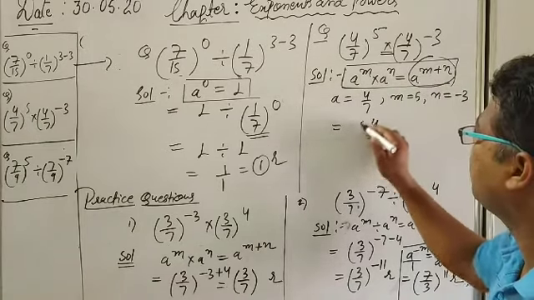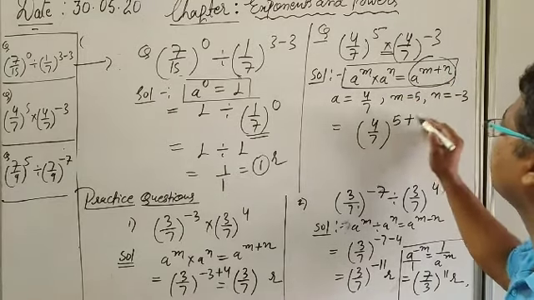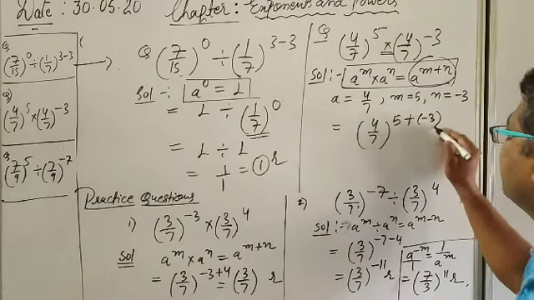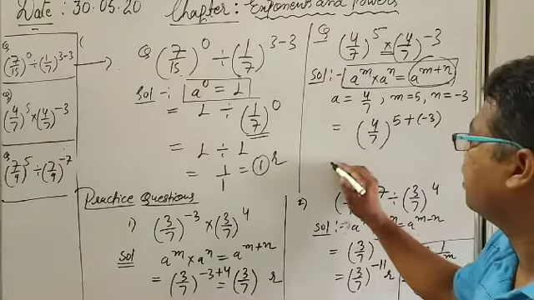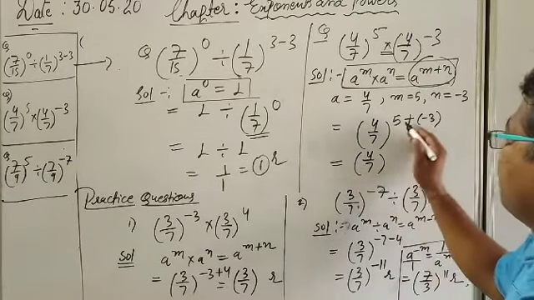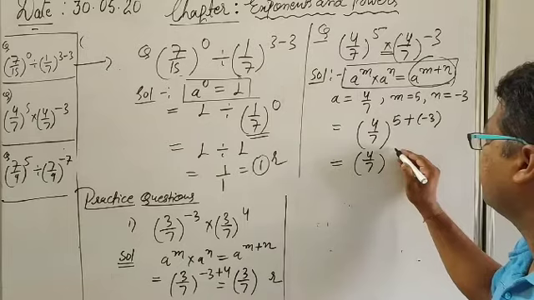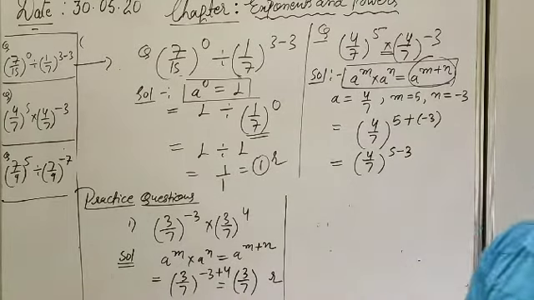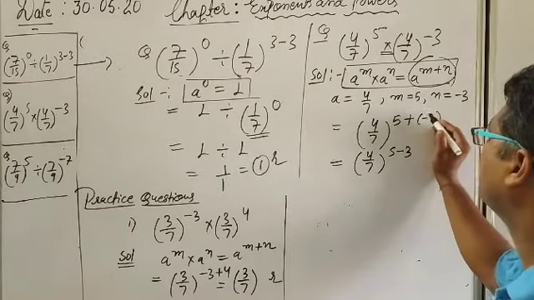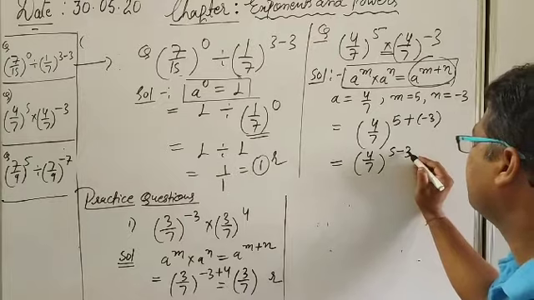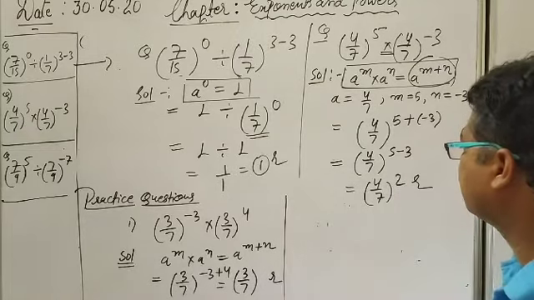So directly I have to go for this. A means 4 upon 7 whole power m plus n. M is 5 plus n. N is what? Minus 3. So first I will write down in form of the bracket, because n is going to be the negative form. So right now I can solve 4 upon 7, 5 plus minus 3. 5 plus minus 3 will give me 5 minus 3 directly, because with the help of the board math we are knowing that if the brackets are there and plus and minus signs, these are in the multiplication form. So plus minus makes minus, so 5 minus 3. And what is the answer of 5 minus 3? 2. That is my answer.